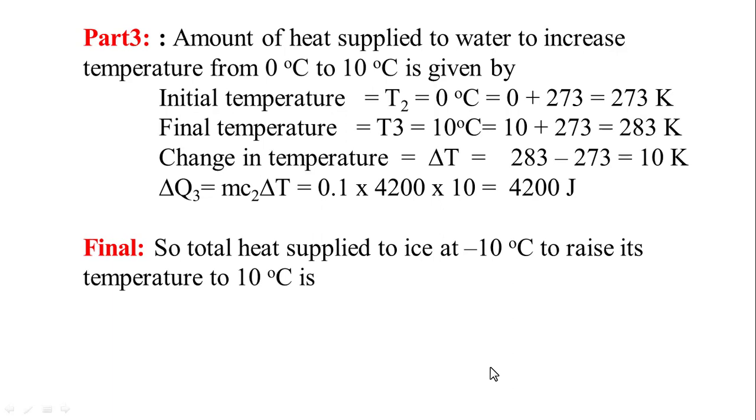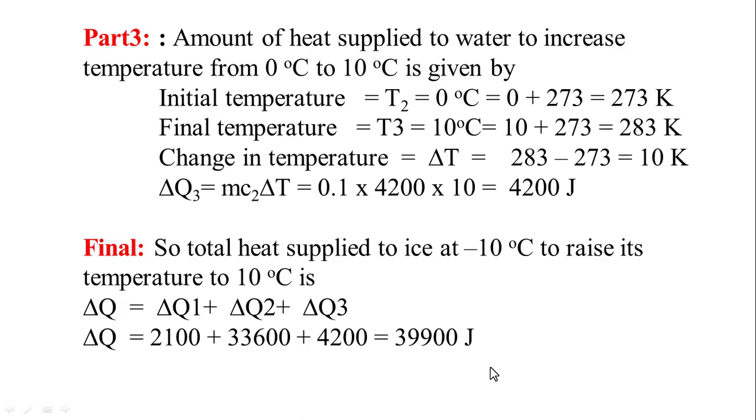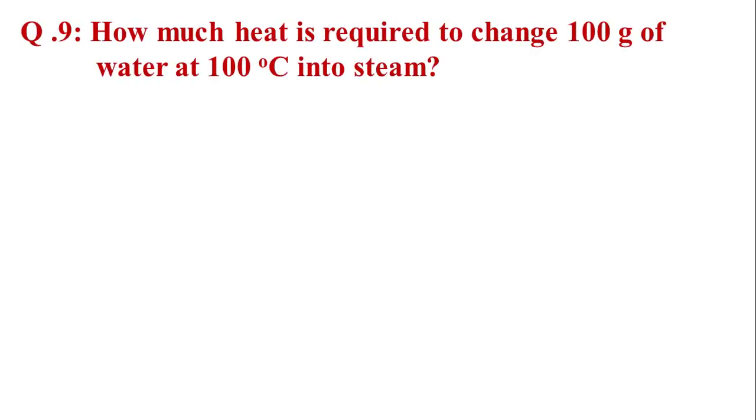Now the final result: the total heat supplied from minus 10 Celsius to 0 Celsius is delta Q, equal to delta Q1 plus delta Q2 plus delta Q3. So 2100 plus 33,600 plus 4200 is equal to 39,900 joule. In question number 9, how much heat is required to change 100 gram of water at 100 Celsius